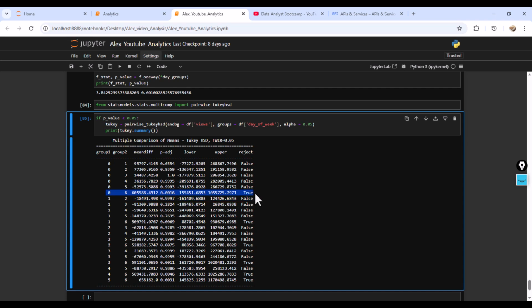this particular row here returns true. That is, we can reject the null hypothesis for Alex's videos being published between Monday and Sunday. Let's go further and check another row over here, which is 1 and 6. I think we are seeing the pattern. Look at another one over here, 2 and 6. Likewise, 3 and 6 over here. And also 4 and 6 and 5 and 6. You see that for all these days compared with Sundays,